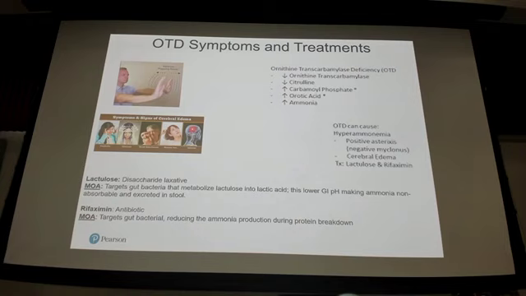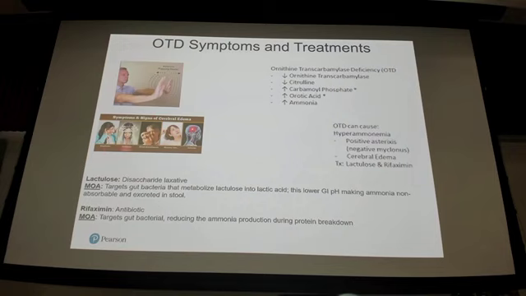and that excess ammonia will be broken down in the astrocytes to glutamine. Glutamine is osmotically active, so glutamine will cause water to be drawn into the astrocytes. That's going to cause brain swelling, and brain swelling is bad, and that can lead to all the symptoms shown